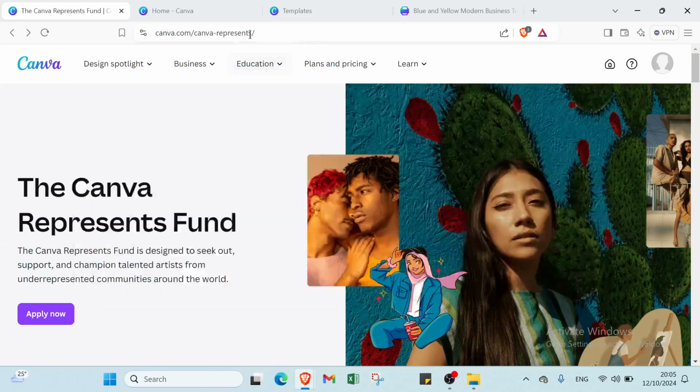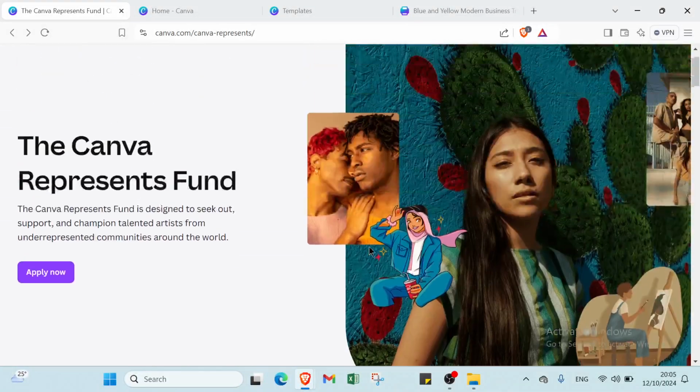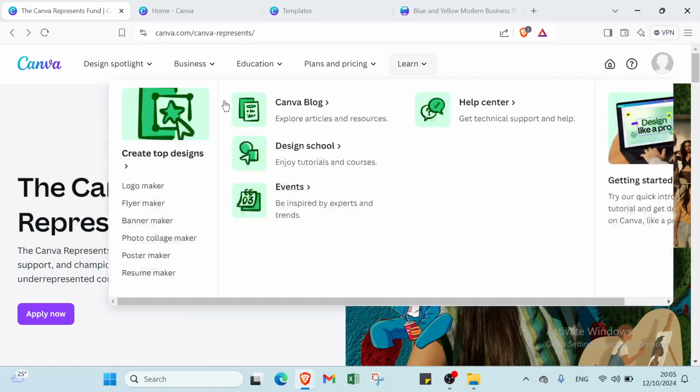So first of all, what I have to do is open your browser and dive into canva.com. So this is the homepage, as you can see. To get started, you just have to click over here and sign up with Canva, and you will